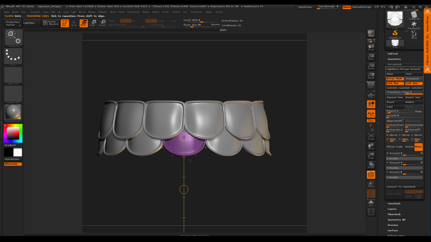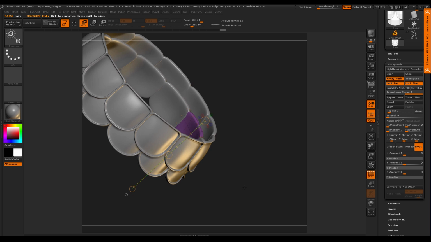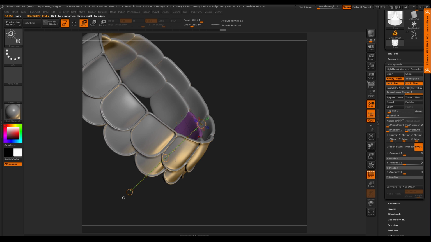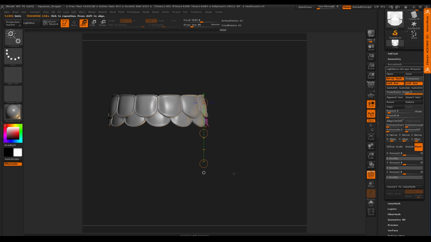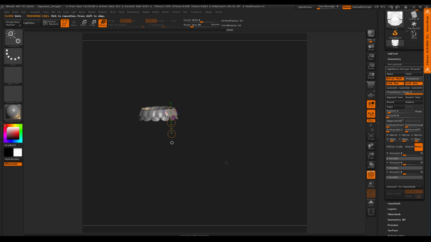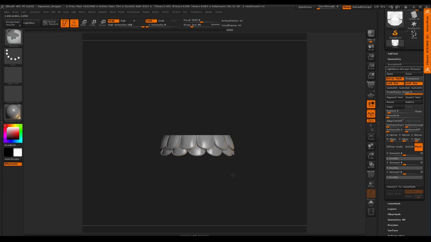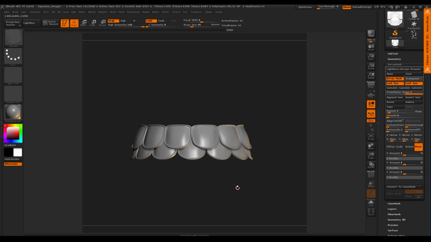I can, if I even want to, say, hey, you know what? Maybe I want to put a little bit of a rotation in there, right? So I'm going to turn to the side, switch to rotate, and I want to have a little rotation in my scales, so they're maybe sitting more like that. And then there you go. So now I've got a nice start to these scales, okay? So I'm going to turn dynamic off, and now I'm going to turn this into a brush.